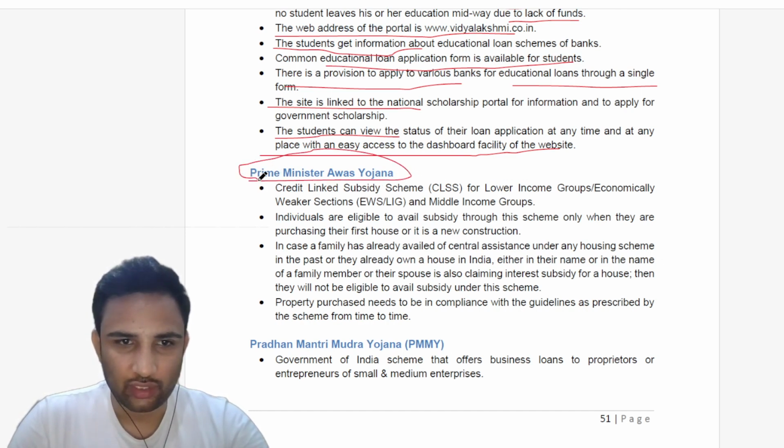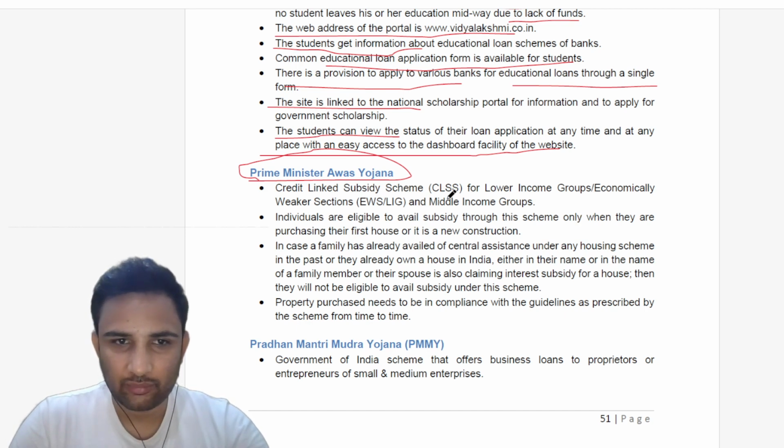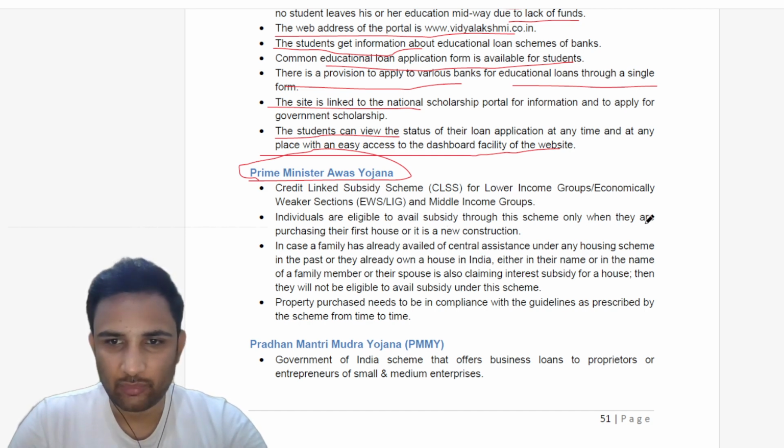Prime Minister Awas Yojana. So it is a credit-linked subsidy scheme for lower-income groups or economically weaker section and middle-income groups. Individuals are eligible to avail subsidy through this scheme only when they are purchasing their first house or it is a new construction. In case a family has already availed of central assistance under any housing scheme in the past, or they already own a house in India, either in their name or in the name of a family member,